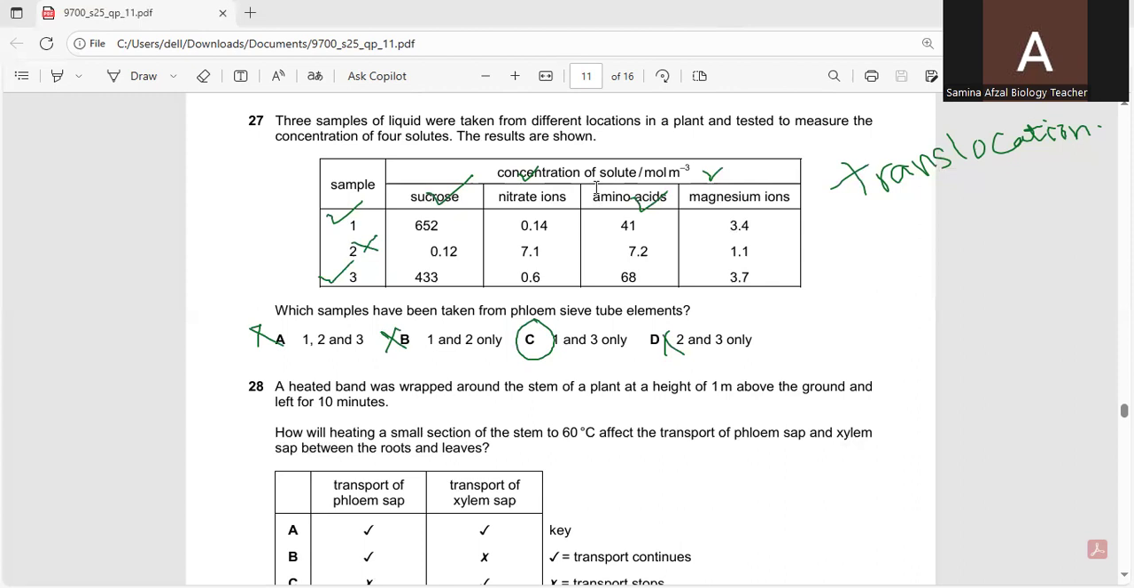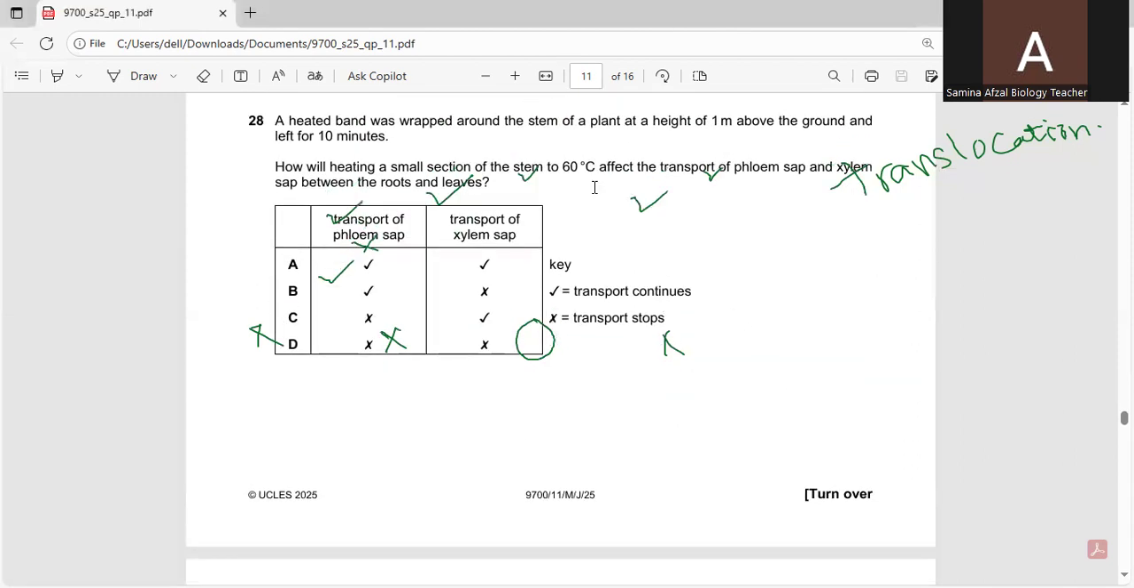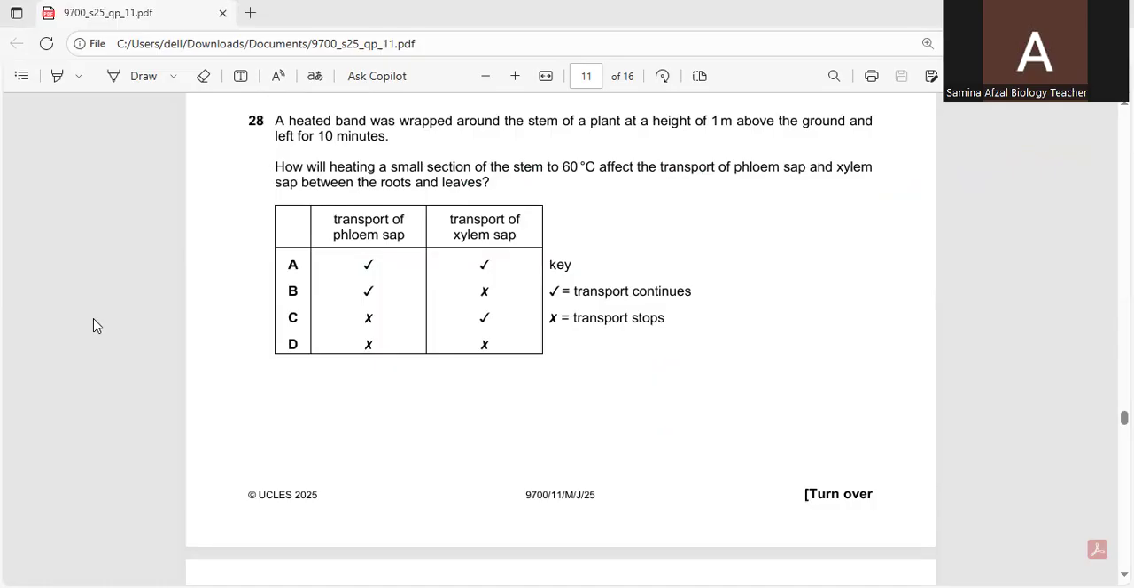Now we will move towards the next question, question number 28. A heated band was wrapped around the stem of a plant at a height of 1 meter above the ground and left for 10 minutes. How will heating a small section of the stem to 60 degrees centigrade